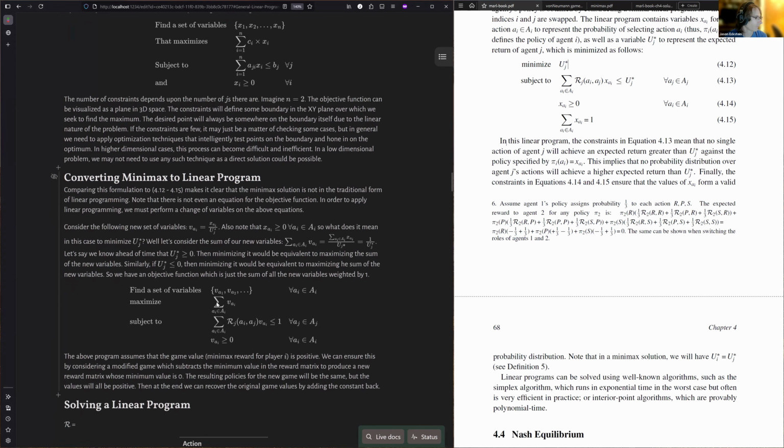Yeah, I mean, now we actually have an objective function, which is a function of the original thing we were trying to minimize. So now the only thing we have to worry about here is, how do we ensure that the game value is positive? Right, because if we have a general zero sum game,